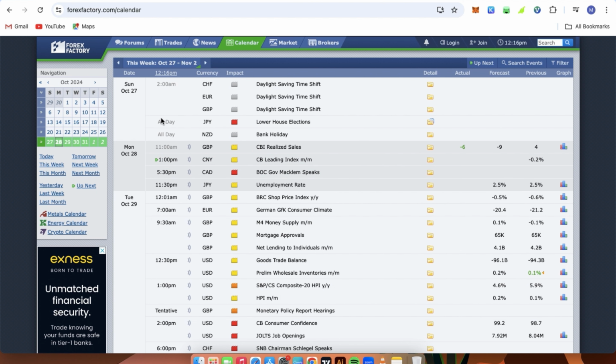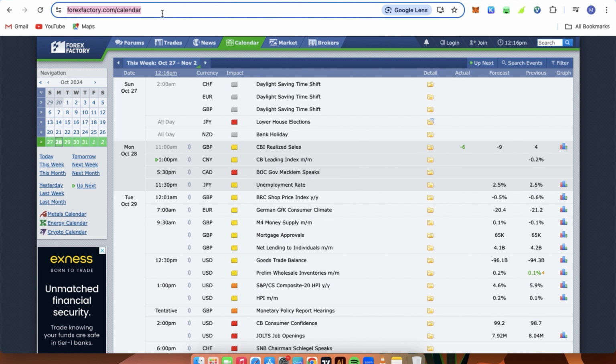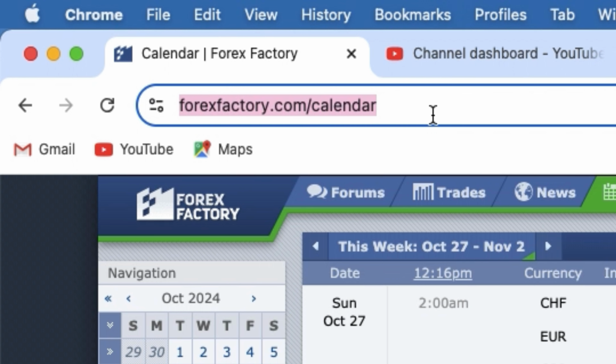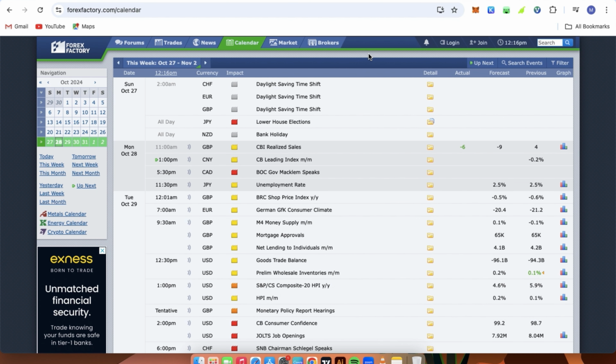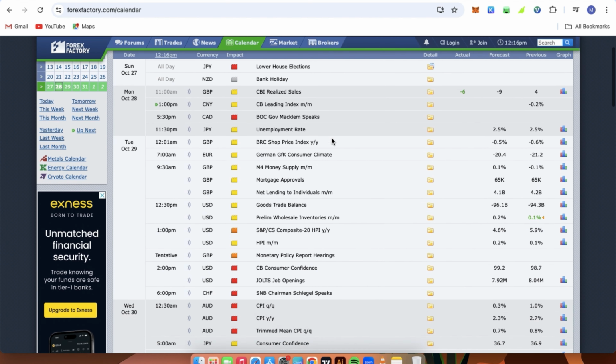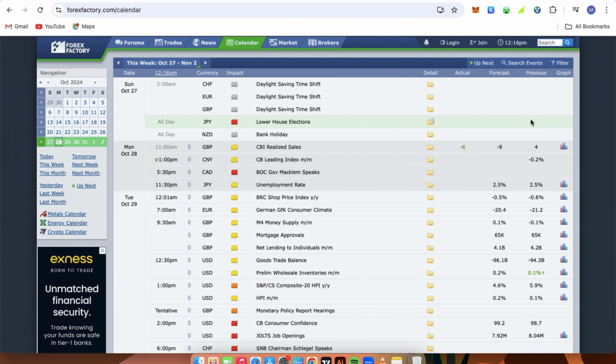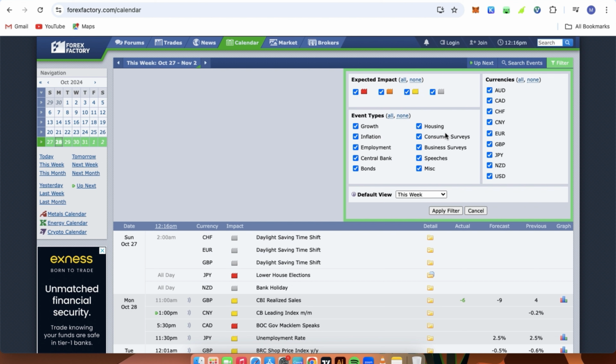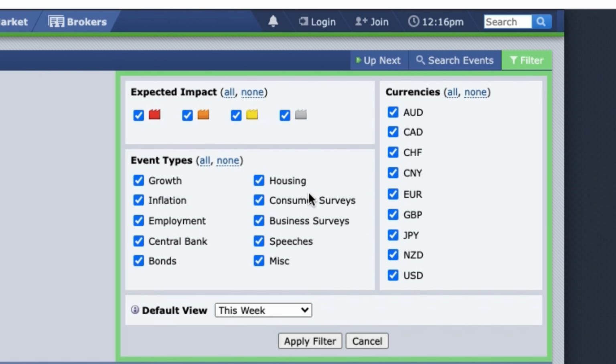If you want to find that, you can just come to your Google search bar and type in forexfactory.com. Make sure to be at the calendar section, as you can see here. As it looks now, it looks very cluttered and you might get confused, right? So the first thing to do is to come to this side here where you have the filter. Click on filter, and then over here you can see